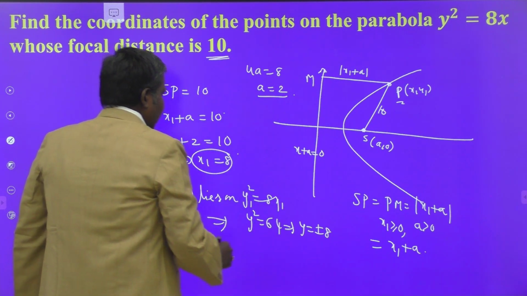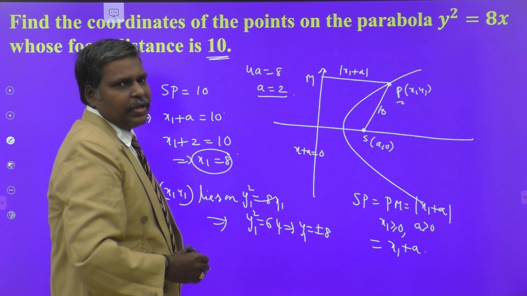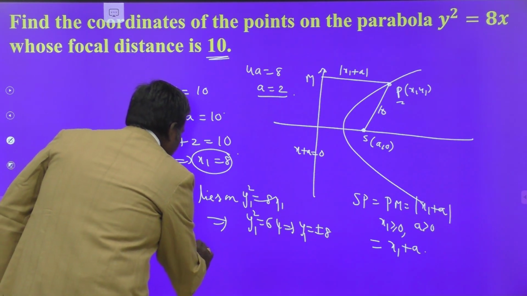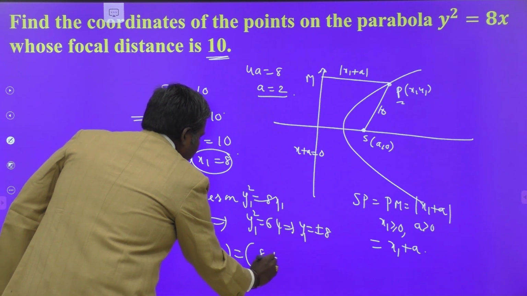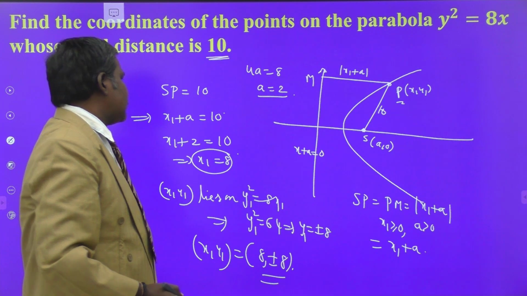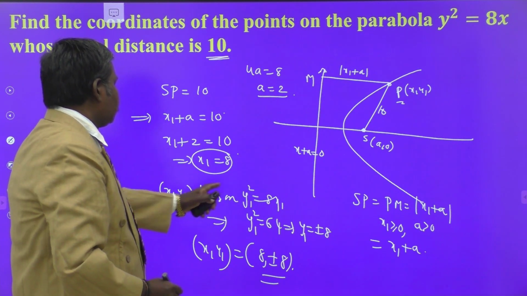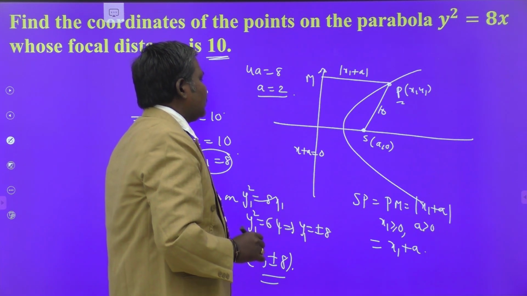y1 square is equal to 8x1. So y1 square is equal to 64. y1 is equal to plus or minus 8. Now tell me what are the coordinates of x1 comma y1. x1 comma y1 is equal to 8 comma plus or minus 8. So 8 comma plus or minus 8 are the coordinates of points on the parabola whose focal distance is 10